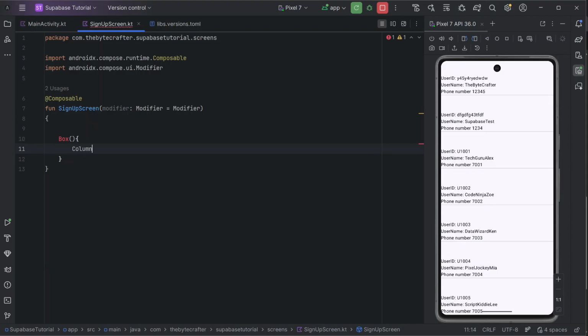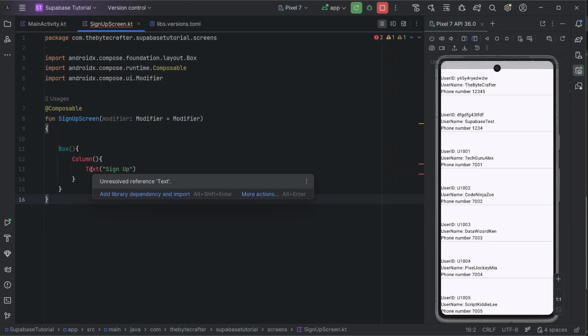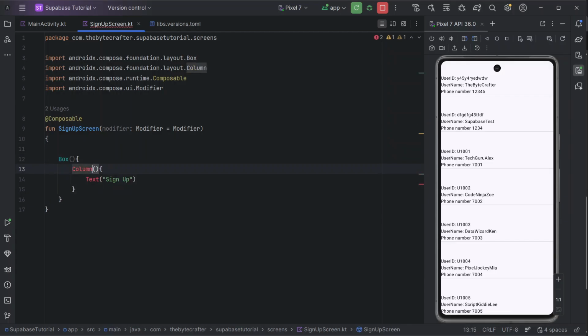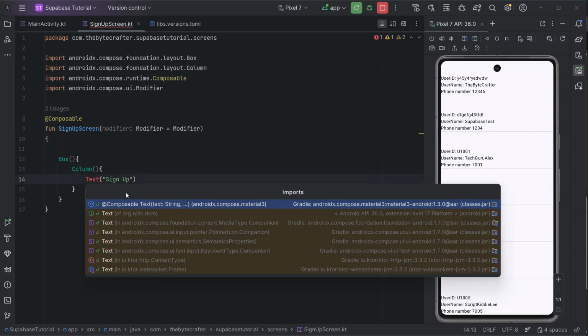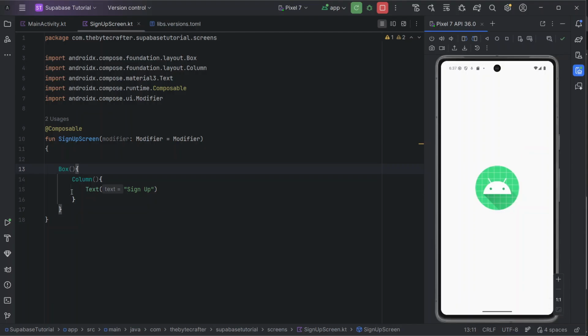box I may decide to have a column, and maybe inside that column I decide to have a text of sign up, and in this case be sure to import this. So my text is just